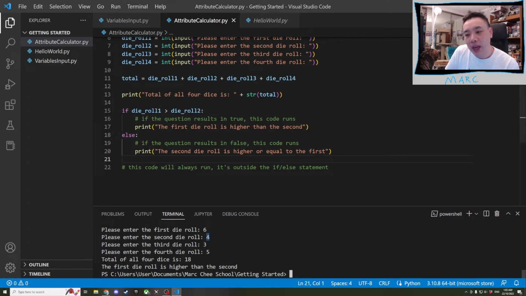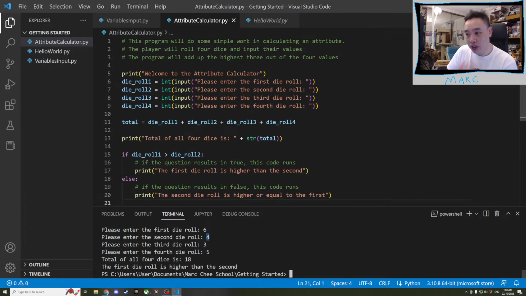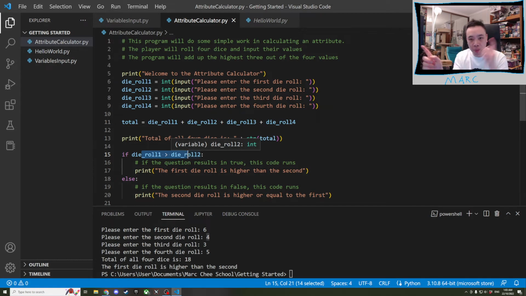So what I'm setting up here is the capability for us to look at these numbers and see which one's higher than the others. And you can see why I'm doing that, because we're supposed to add up the highest 3 out of the 4 values. So if I can compare 2 numbers with each other, I should then be able to combine comparisons between all 4 numbers and figure out which of these numbers are the 3 highest, or which one is the